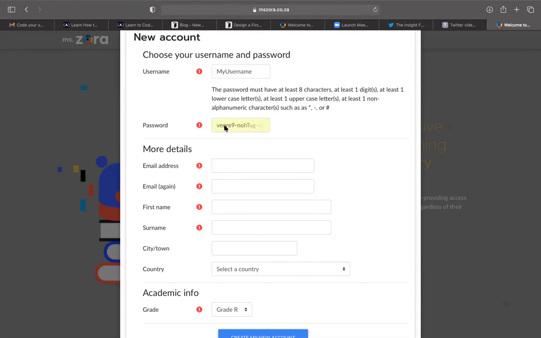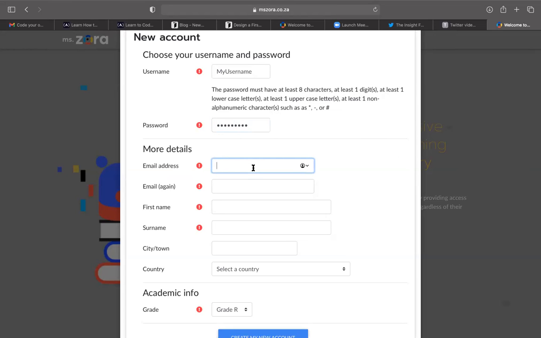You can select a password of your choice. Here is a number, here is a hash, here is a capital letter, and then small letters for everything. That's my password, okay? So you can select a password that you are going to remember.